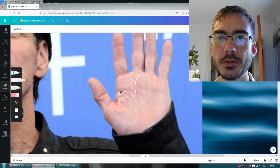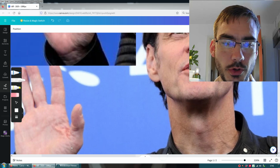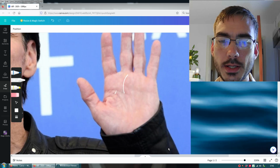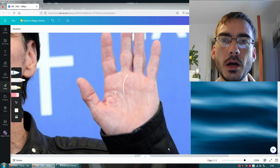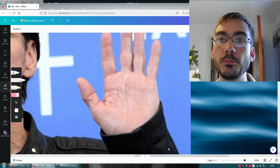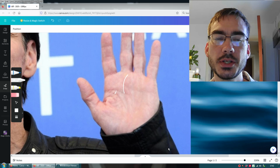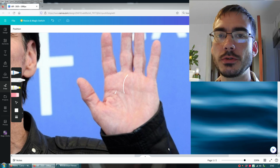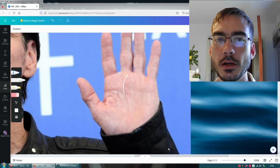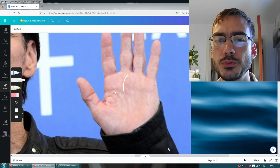And actually notice the difference between the left and the right hand. The left hand shows, yes, we've still got this gap here, but on the right hand it's larger. This is the way that he presents himself in the outside world: when he's around other people, he's larger than life. He's even more reactionary, impulsive, and leaping without thinking on purpose. He's a caricature of himself, and this isn't really who he is. This is almost a coping strategy to hide behind these literal masks that he puts on in order to really bear